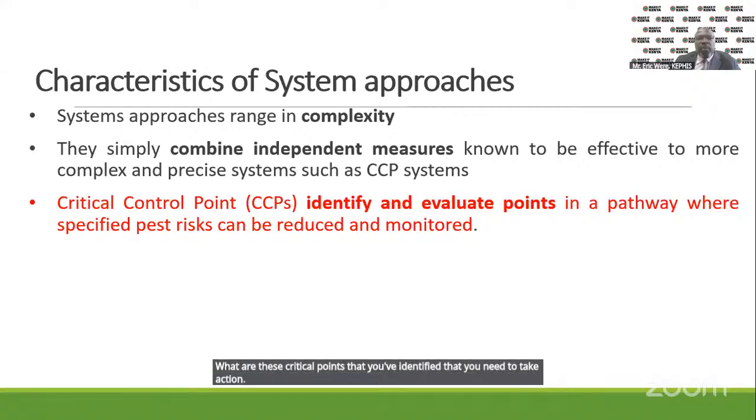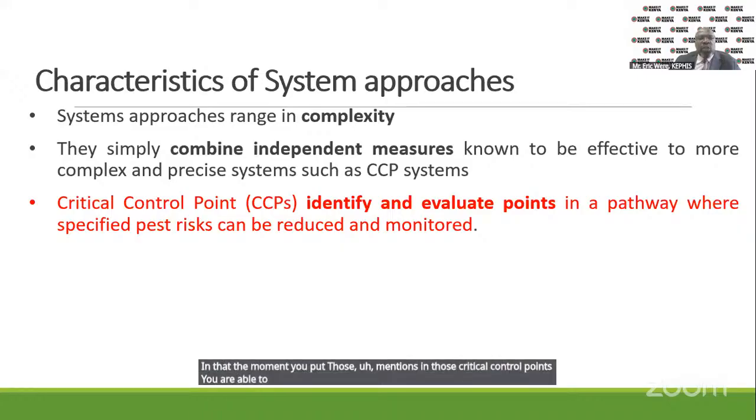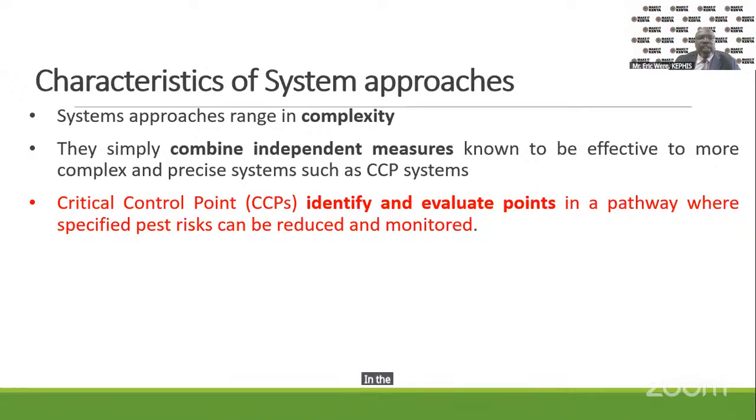You need to put measures in those particular critical control points. The moment you put those measures in, you are able to monitor and reduce the risk of you having the pest in the final product, or the risk of you introducing that pest in the